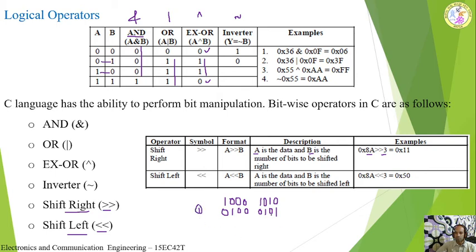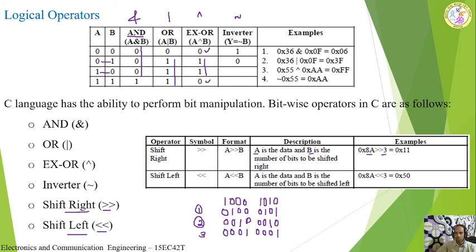Now for the second shift, this 1 is discarded. Discard this 1. This 0 will come here and this 1. Again this 0 will come here, this 0 will be here, and this 1 and this 0, add one more 0 here. This is the second shift. Now for the third shift, again this 0 is discarded, this 1 will come here, this 0 will come here, and this 0 will come here, this 0 will come here, this 1 will come and occupy this position, 0, again this 0 will come here and append one more 0.